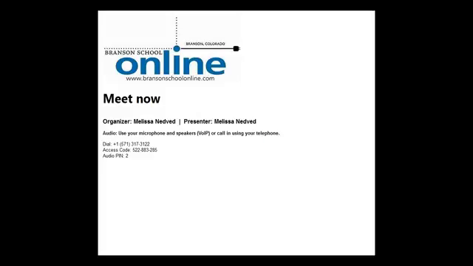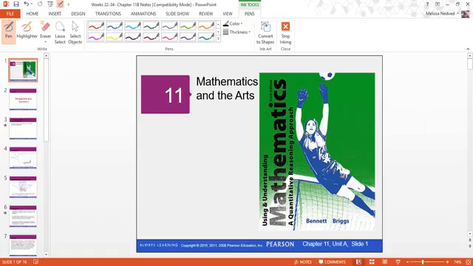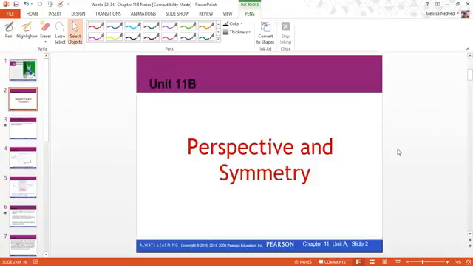All right, let's take a look at Chapter 11b. And just like with Section A, 11b takes a look at math in a very non-typical sense. This one, instead of math and music, we're going to focus on math and the arts. Particularly we're going to look at perspective and symmetry, but really we're looking at all of how we use